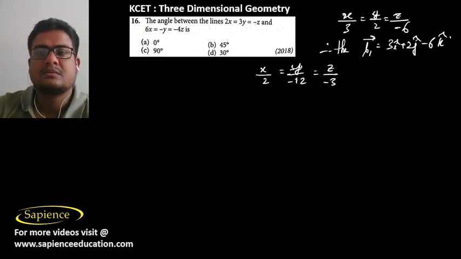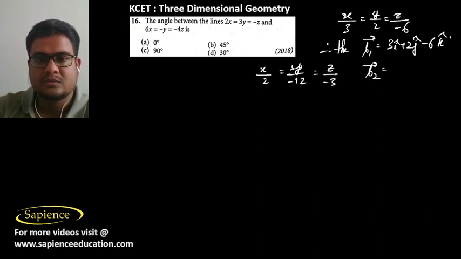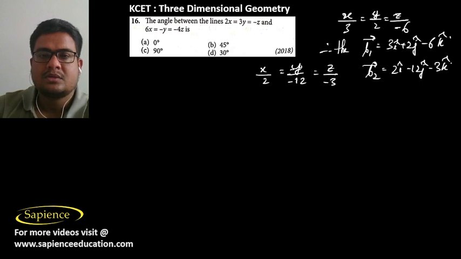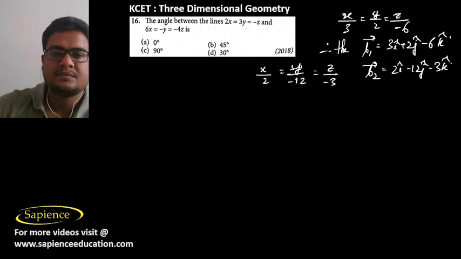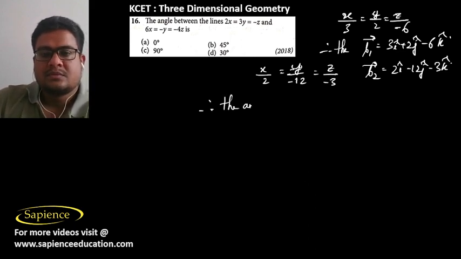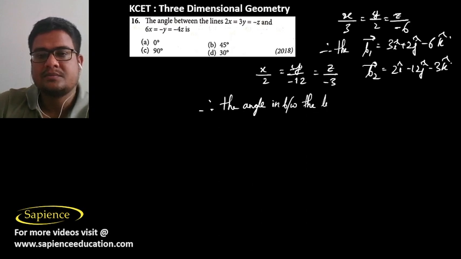So therefore the direction ratios along the second line are 2, minus 12 and minus 3. Therefore b2 vector is equal to 2i cap minus 12j cap minus 3k cap. Therefore the angle in between the lines is given as